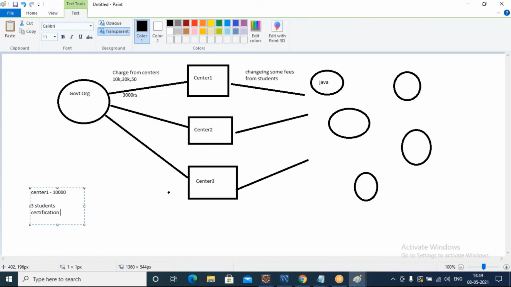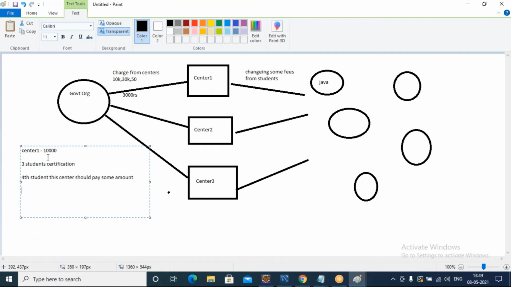If he wants to request again for a 4th student, the center should pay some amount.